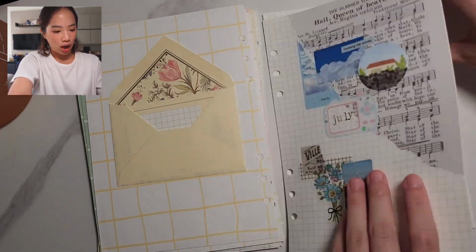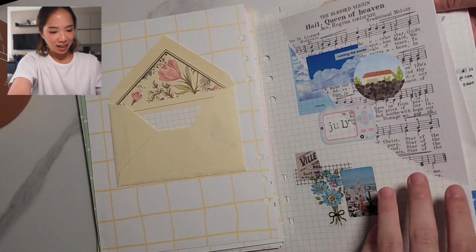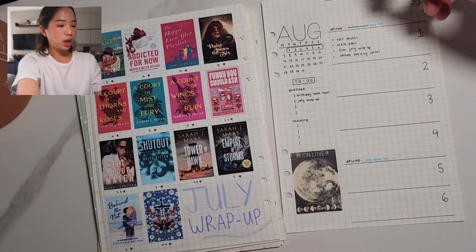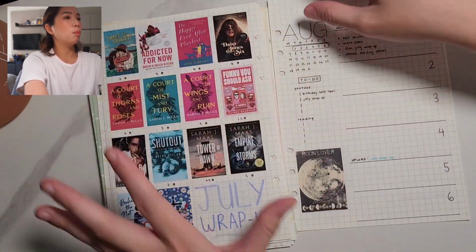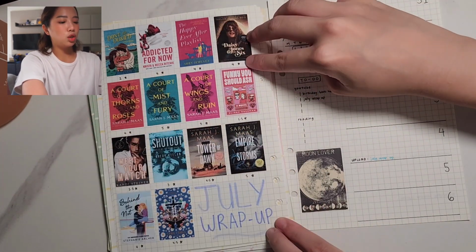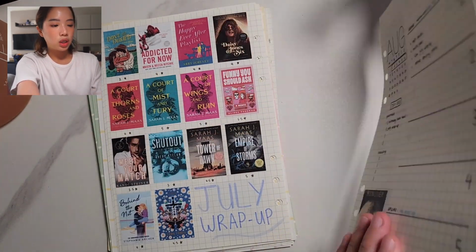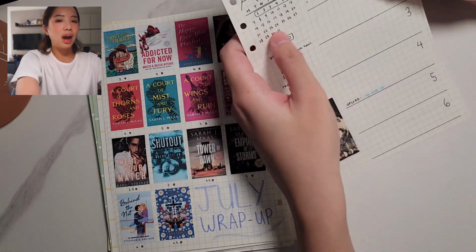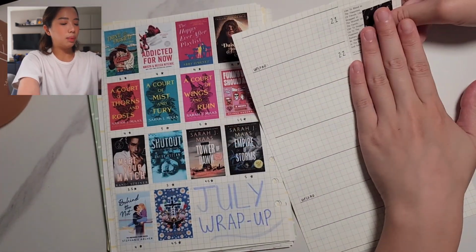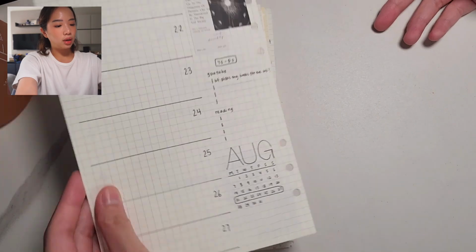And then we go to July, just the front spread. And then, oh, we do have a wrap up, never mind. July, we have a wrap up, but I didn't really do much review talking about the books. No stats, just pictures and the stars. And then for August, nothing. I didn't even have a front page thing. It was just weekly spreads, and even then I basically did not update it at all,